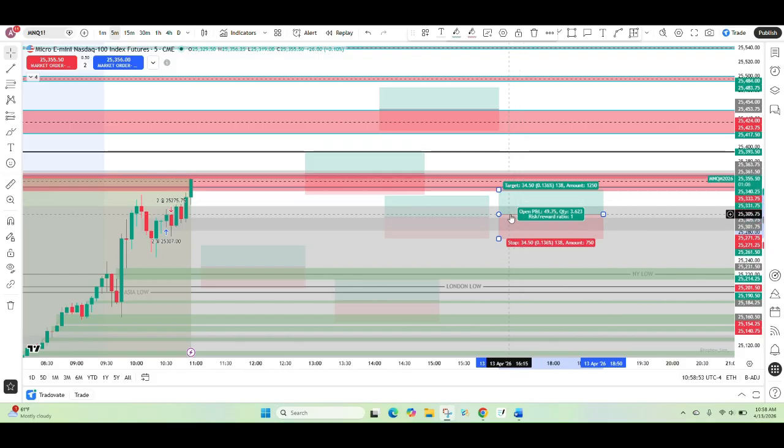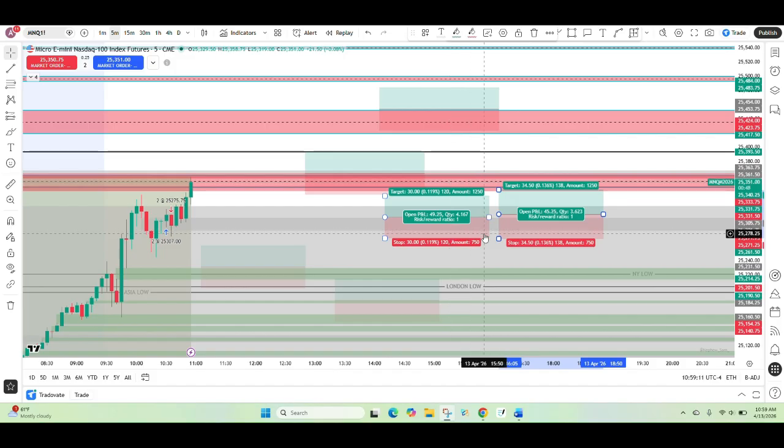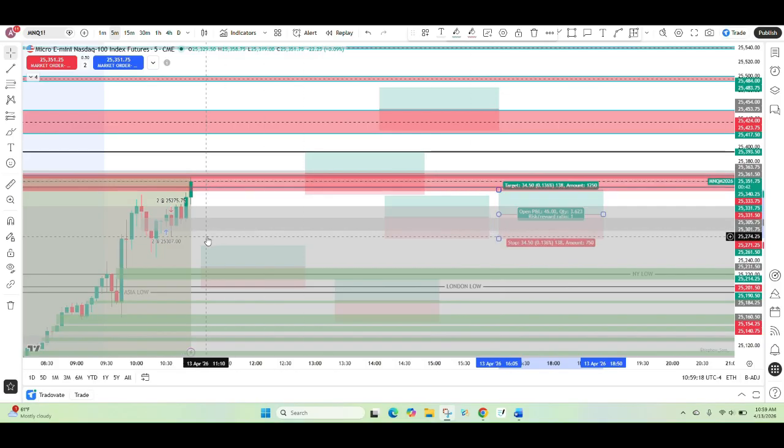So that just lets you know, sometimes when you enter, it enters you a little higher or a little lower than you may want to be. Just adjust your take profit and stop loss to match what you originally wanted. Especially the stop loss, you really want to match it to what you originally had it at. Because again, in my circumstance, it stopped me out because I was way too